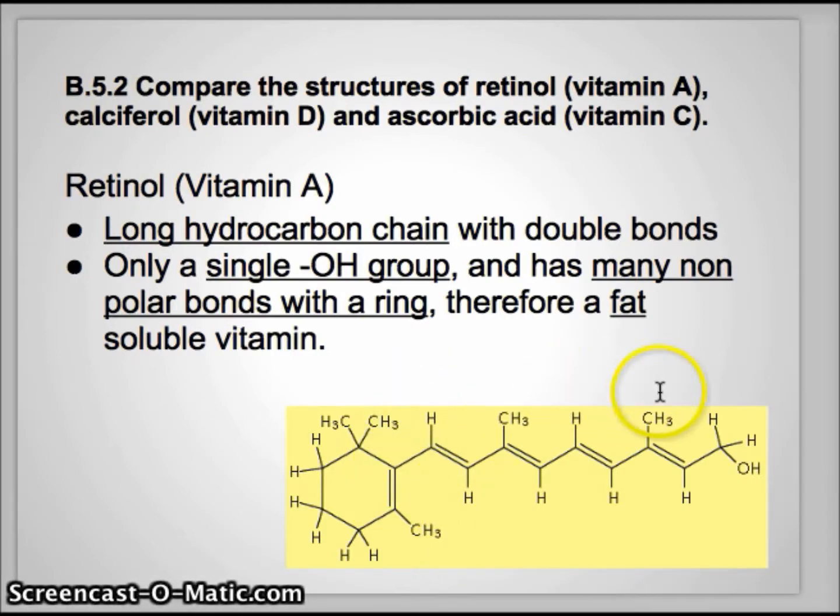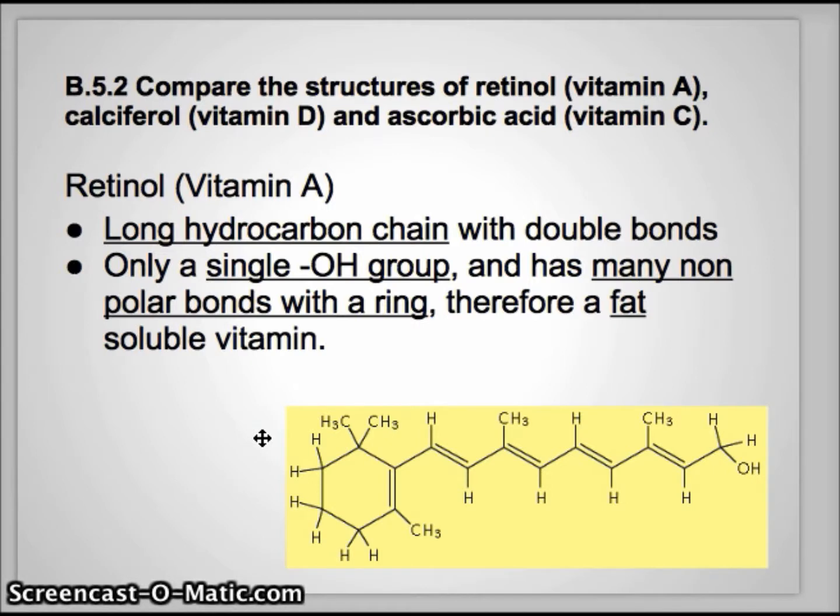This chain is a hydrocarbon chain, hence non-polar. This giant chain here that this one little OH right here is attached to is non-polar. And so this whole chain plus the added non-polar magnitude of this